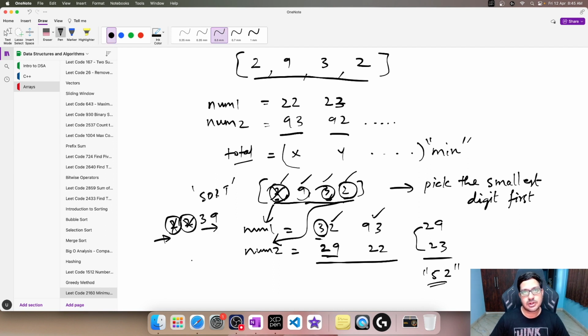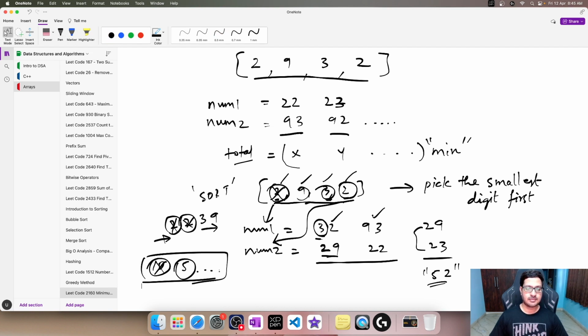So this is similar to our coin change problem. I pick the highest denomination 10. Then once I'm done with it, I pick the next highest denomination, which was 5, and so on. So this is similar to that, right? So let's code it. Let's go to LeetCode